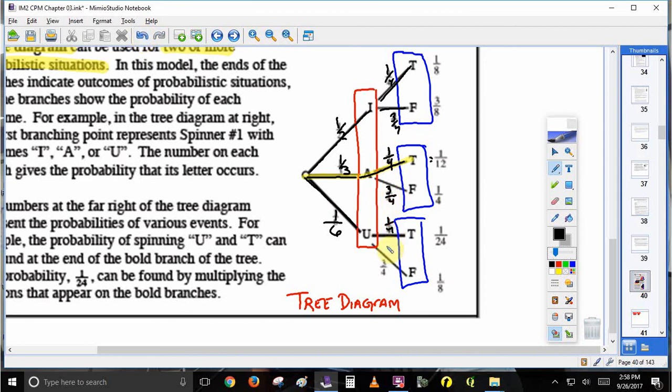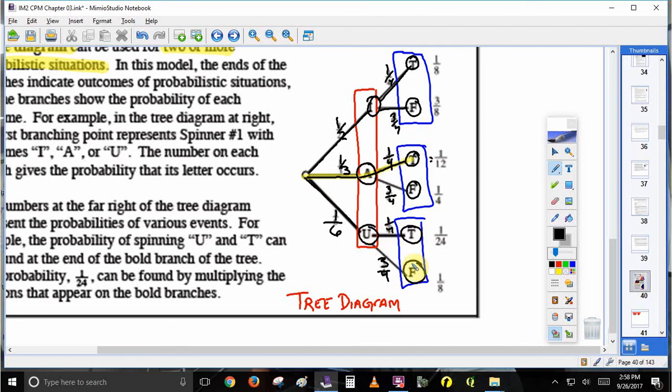1/4, 3/4. Some of you might be wondering why we've repeated the second spinner 3 times. Well, that's because the branches are independent. So we're going to go down branch I. Now that we know we've gotten an I, we could then get a T or an F. Alternatively, we could get an A on the first spinner and then still get a T or an F on the second spinner. Or we could get a U on the first spinner and then a T or an F